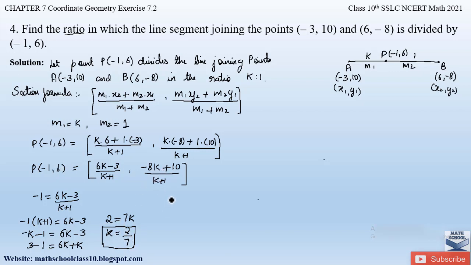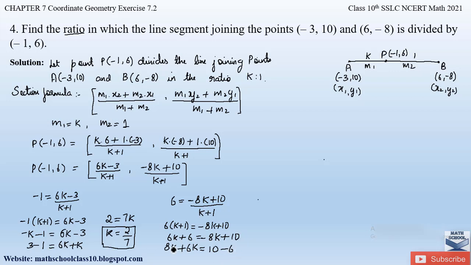Let me show you that. So equating the y coordinate, 6 is equal to (minus 8k plus 10) divided by (k plus 1). Again cross multiplying, we get 6 into (k plus 1) is equal to minus 8k plus 10. So multiplying 6 into k will be 6k, plus 6 into 1 is 6, equal to minus 8k plus 10. So let us send the terms with k variable to the left hand side and let us send this 6 to the right hand side. Minus 8k will become plus 8k, plus 6k is equal to 10, plus 6 will become